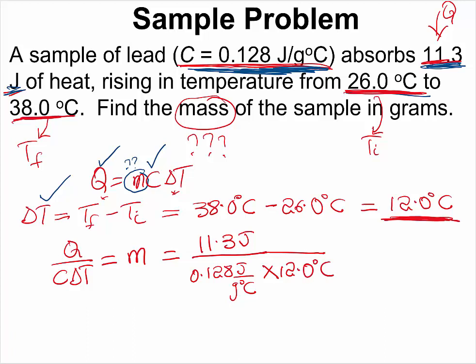12.0 degrees Celsius. Joules will cancel out joules. Degrees Celsius will cancel out degrees Celsius. So we are going to end up with a unit of grams, which is specifically what the question wants us to find. If you plug in all of these numbers into the calculator, you will get m equals